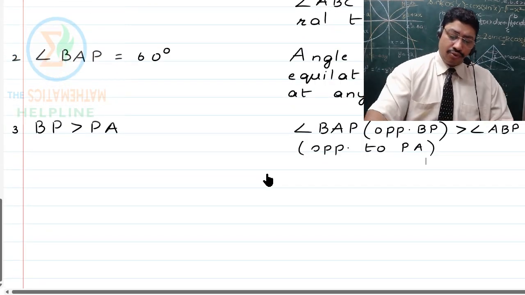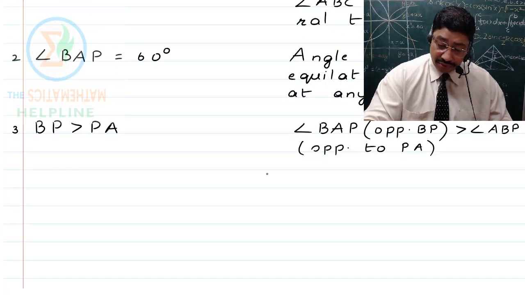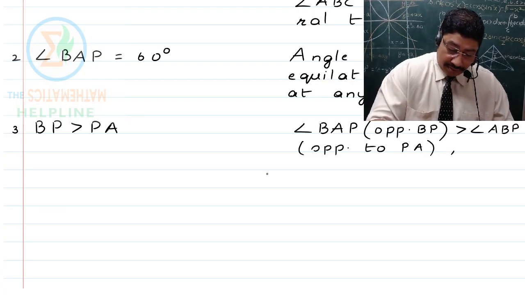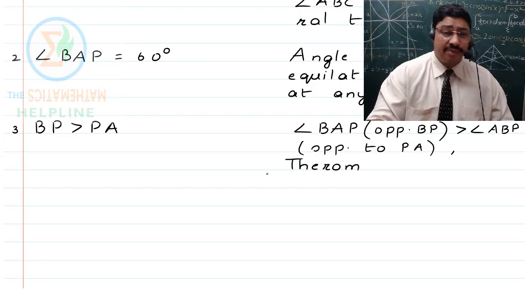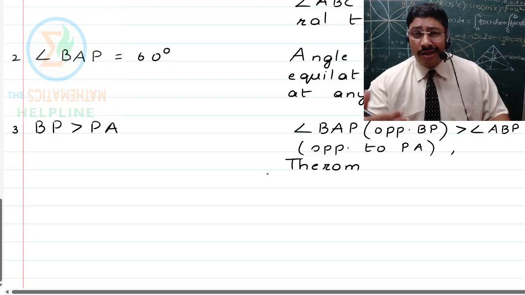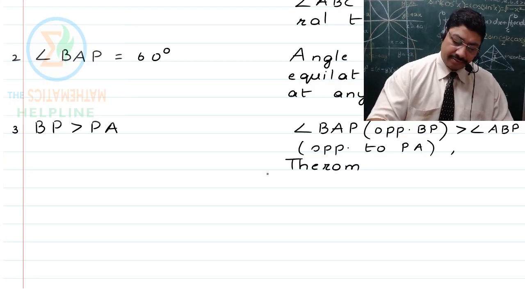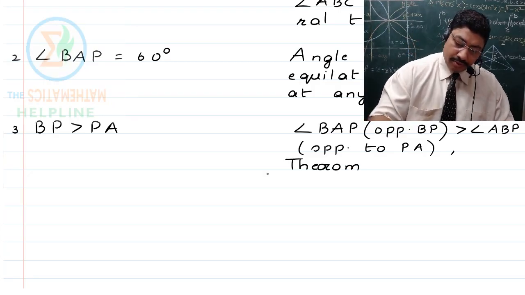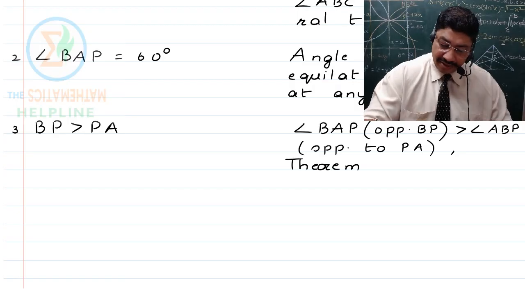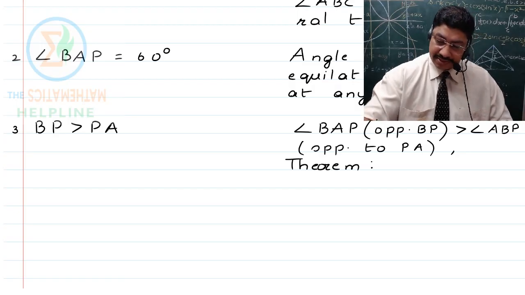Now here, children, you also require to write the theorem, because that is the main aspect which has helped you to prove this. So the teacher expects that the theorem be written here. Theorem, and the theorem goes like this, that